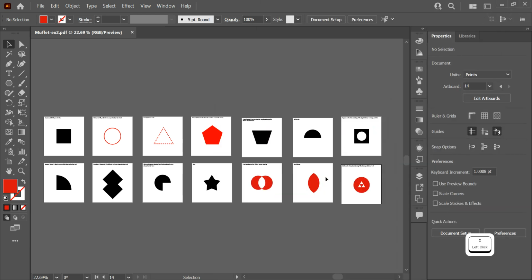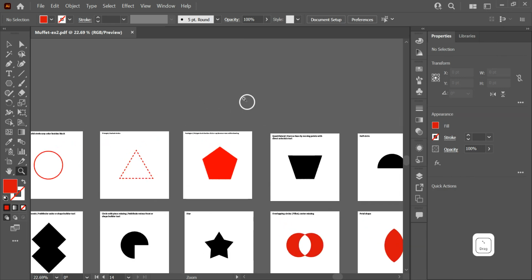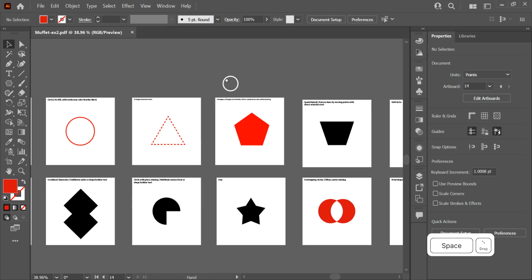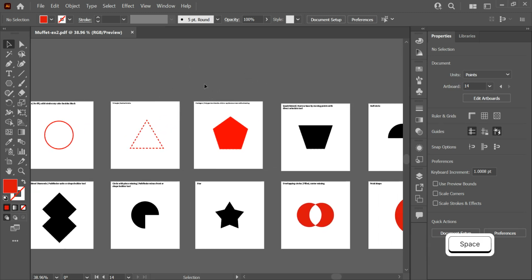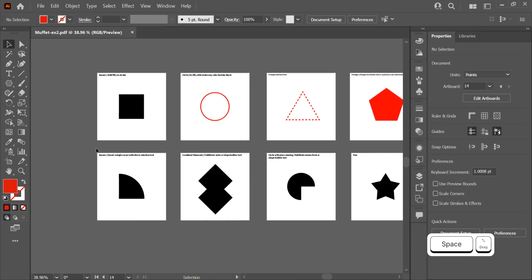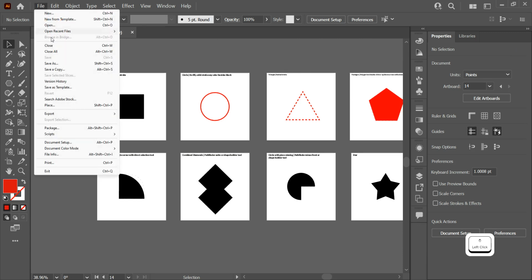The last one is to pick your favorite shape that you made. Maybe you played with colors or the stroke options and you made a composition that you really like, and to export that one as a PNG. So let's say that I want to export my double diamond shape. So a lot of different ways to export things from Illustrator. This is just my preferred way of getting things from artboards. I'm going to go to File,